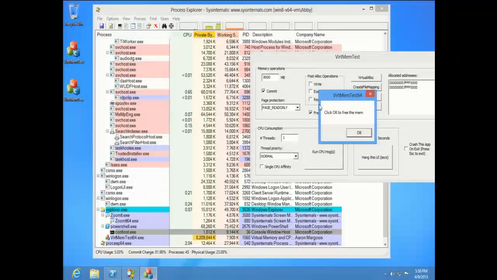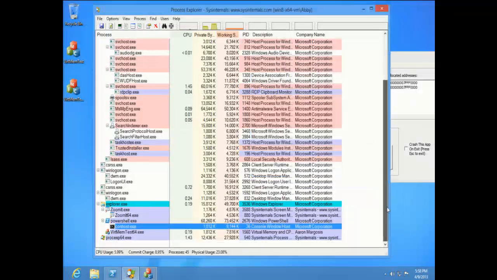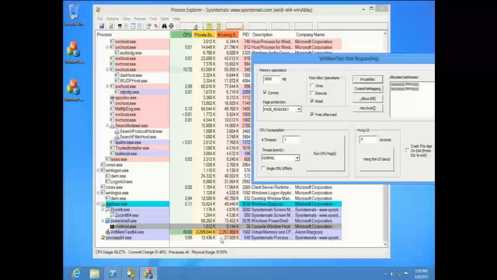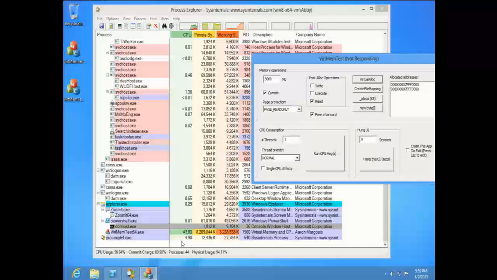Let's see what happens when we perform read operations on that, and we'll see the memory being read, and that will bring it into the working set of the process. So we'll see two things happen here. You can see the working set column getting darker and darker and darker, and the CPU column gets darker as well, because it's consuming CPU cycles to read that data in. That was a lot of memory.